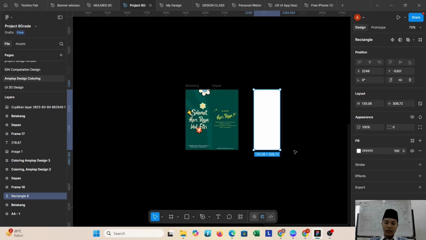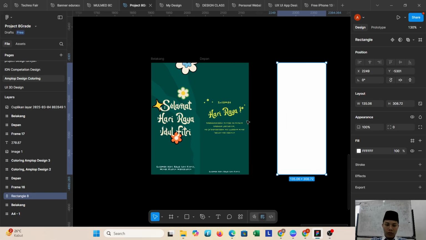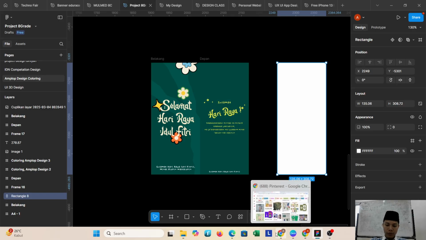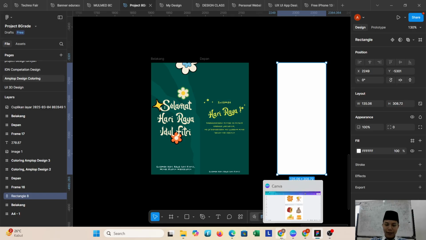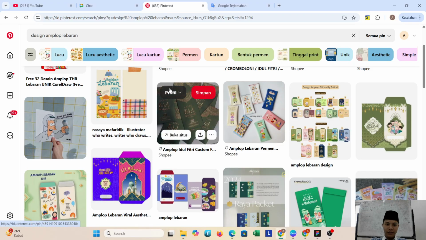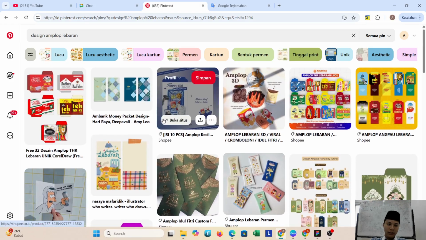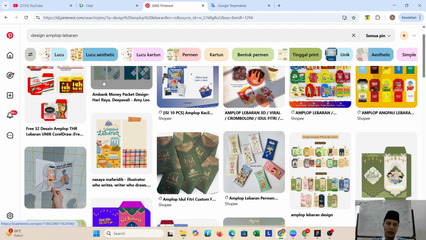And in this location, I want to make the tutorial about envelope design or coloring design. Now I want to show you how to make the envelope. The first step, you can search the idea or the design from Pinterest.